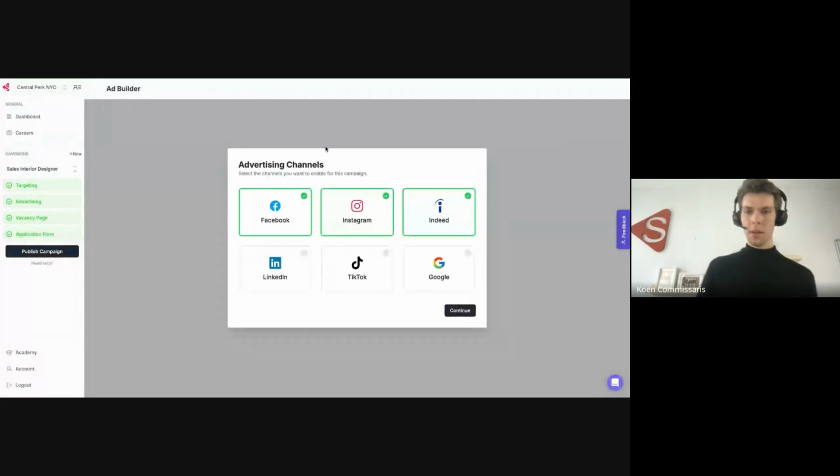So that's another tab. Yes. All right. So the advertising menu is actually the second step within the campaign creation process. So I've used the same campaign as in the last workshop. So the sales interior designer in Berlin for IKEA, but I will just show you the entire setup for the